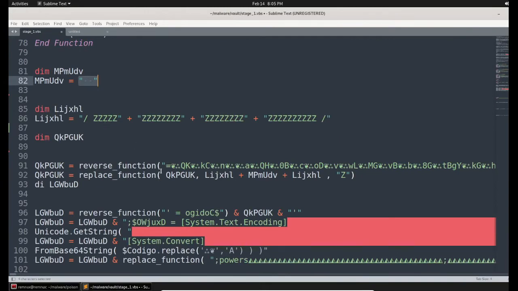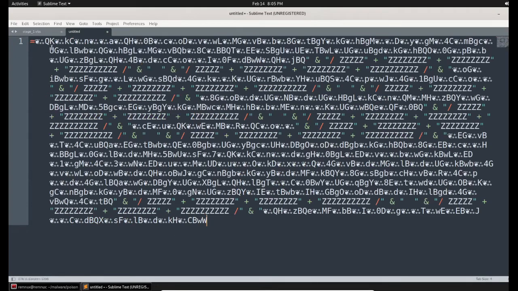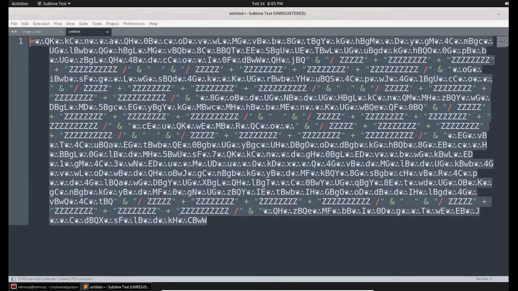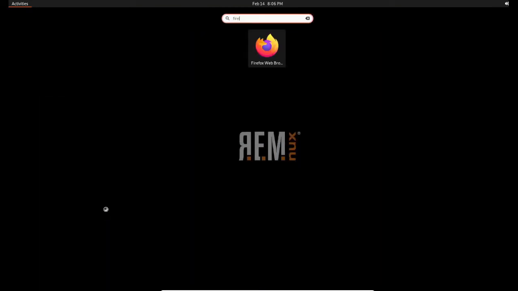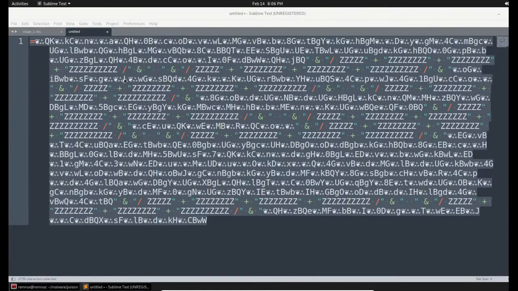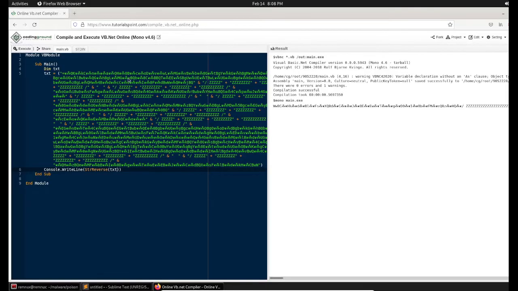So now let's try to reverse this function. Let me copy the entire thing and reverse. And I wish to use Firefox, the open source VBS compiler once again. And here, if you see, I'm using the same online VBScript compiler, and I created a variable.